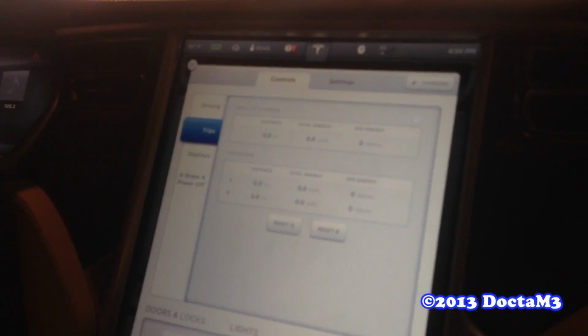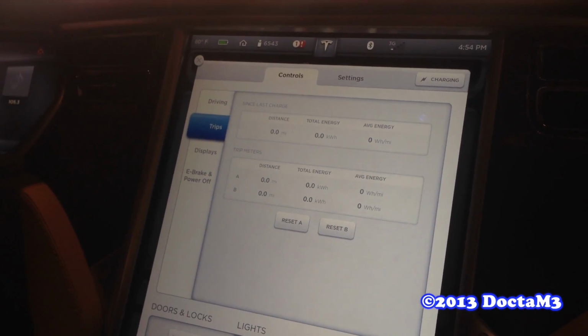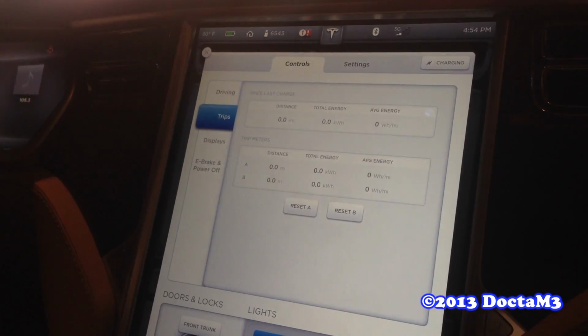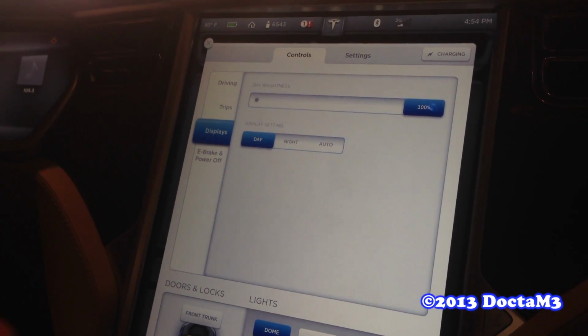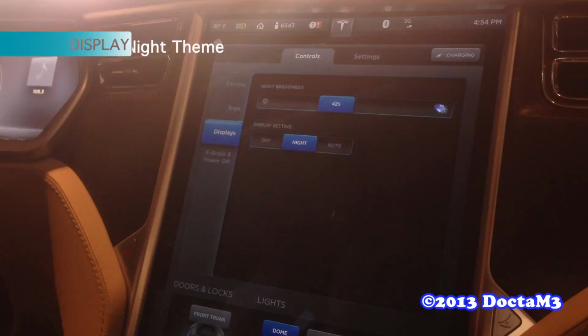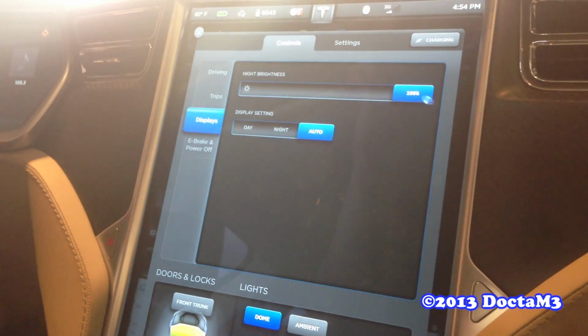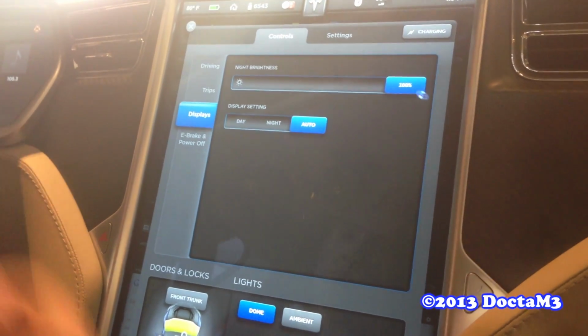You have a trip meter, very quick and easy. How far to go, and my energy usage. Kind of Greek at the moment, but the longer you have the car, the more you're going to realize what these numbers mean. You have your displays. There's a night theme, a lot easier on the eyes at night. You can dim this down if you needed to. Otherwise, leave it on auto. Let the car kind of figure out based on the light sensor up here,